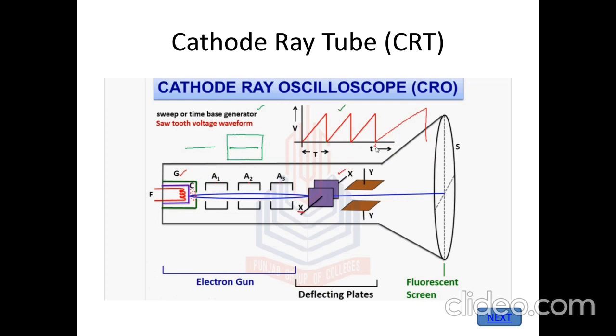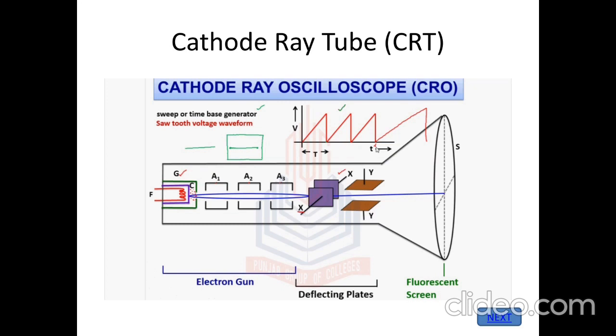Next are the deflection plates, the horizontal deflection plate and the vertical deflection plate. The focused beam is passed through these X and Y deflection plates. These both deflection plates will control how my waveform has to be displayed on the screen. And the fluorescence screen: the focused, accelerated and deflected beam is then made to strike the inside part of the screen with high velocity. The inner side of the screen is coated with a special type of phosphor. This layer converts electrical energy into light energy.